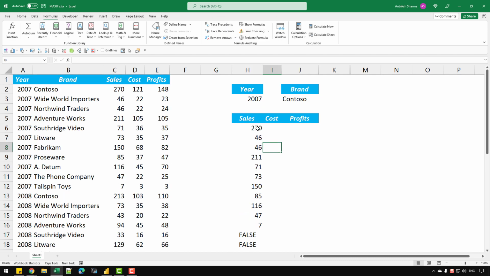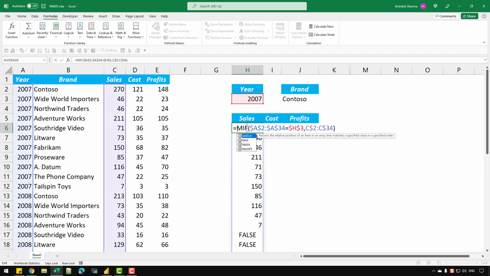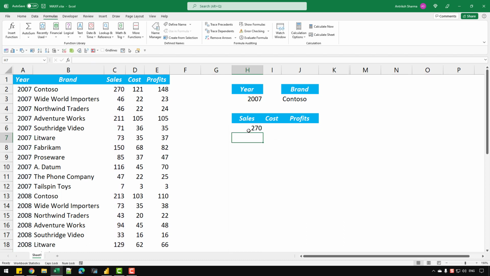So you can see Excel is actually spilling out the result of the if function, and based on the criteria, which is 2007, I have received all the values that belong to the year 2007. And based on this array, now I can find out the max value. So all I can do is simply wrap this code inside max, and let's close max, and if I press enter, I get 270. So you can see that in this first 12 rows, the max value is actually 270, which is what we are getting in that cell.